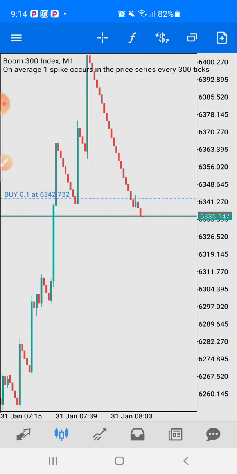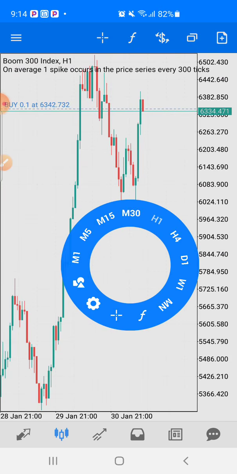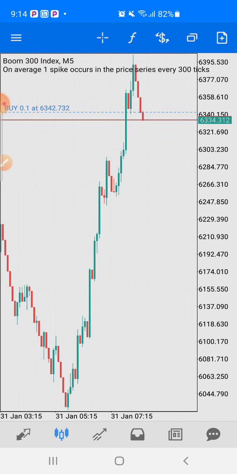And once you discover this, you go to the 4 hour time frame to check it's an uptrend. You go to the 1 hour time frame, check it's still an uptrend. Then you come down to the 5 minute time frame to discover a pullback. Okay, so if you discover a pullback like this one happening now, then you place your trade and wait for it,